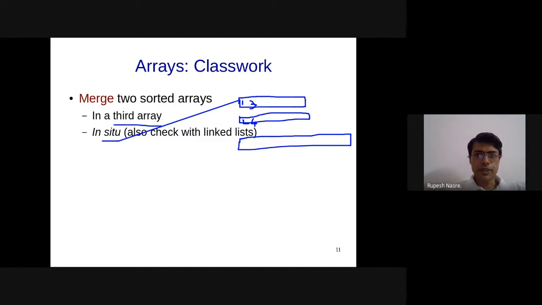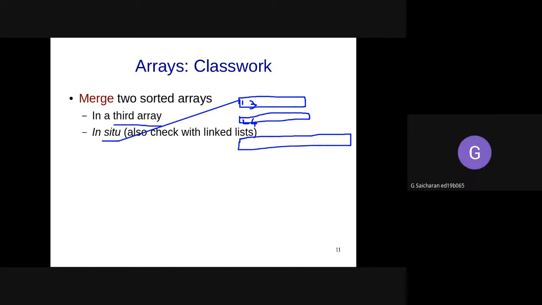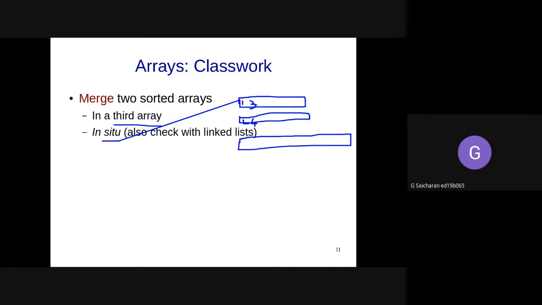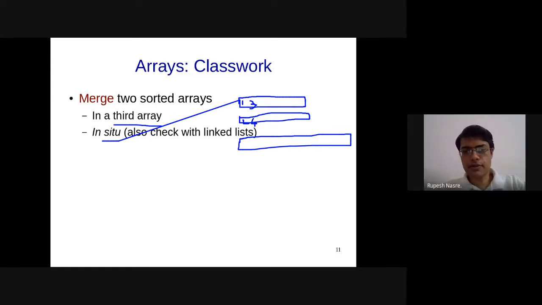Good. I'll wait for a few more seconds. Sorry, what did you mean by pushed? Well, here Visharad is using C++ vectors.